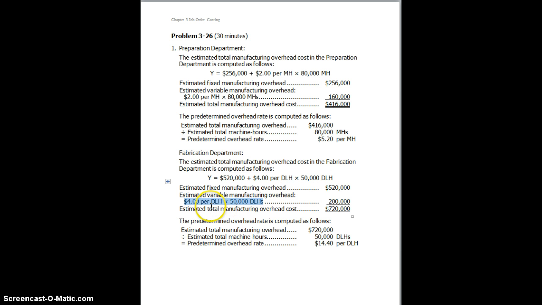And they say that the variable manufacturing overhead per direct labor hour is $4. $4 times 50,000, we get $200,000 of estimated variable manufacturing overhead. Added to our estimated fixed overhead of $520,000, we end up with estimated total manufacturing overhead cost of $720,000. That's $720,000 divided